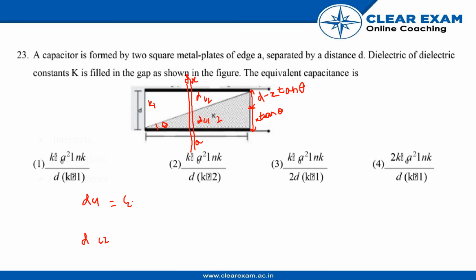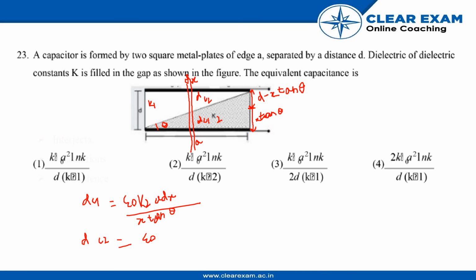Our dc1 is epsilon naught K2 a dx upon this distance x tan theta, and our dc2 similarly,